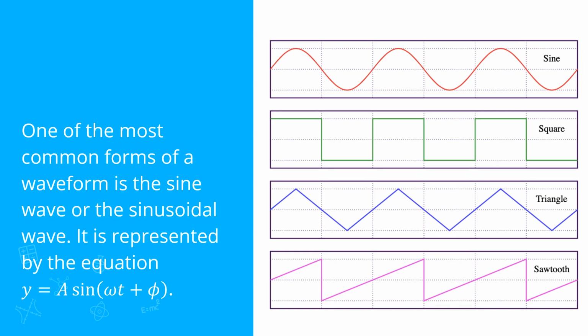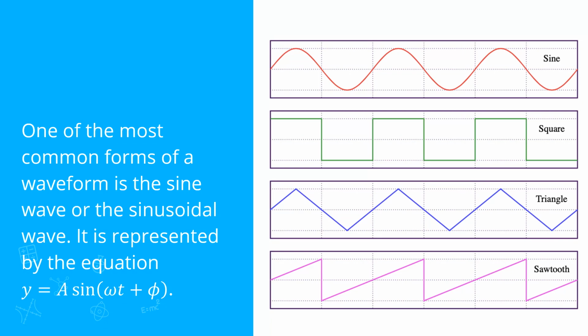I believe I already introduced to you the sine wave. As you can see on the other kinds of waves, somehow they are similar. So you have the square, the triangle, and the sawtooth. These are the most common forms of waveform, which is the sine wave, also known as the sinusoidal wave, that is represented by the equation y is equal to a sine omega t